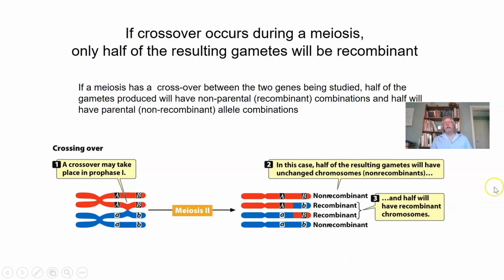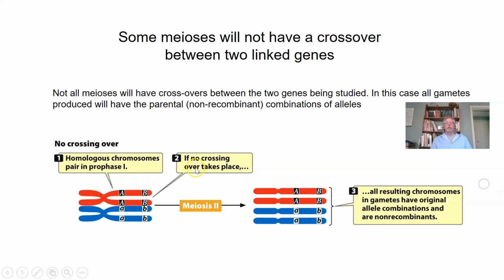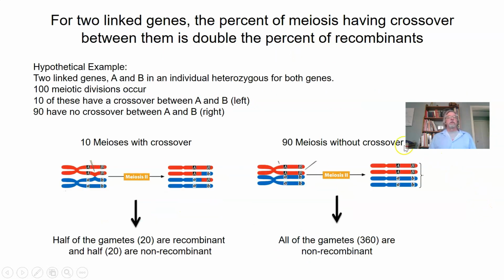So what's happening in the meiosis divisions that don't have crossover? Here's a meiosis division in which there's not crossover between A and B. If we follow these chromosomes all the way through meiosis, it will generate 4 chromosomes and 4 gametes. All of these will be non-recombinants. So, let's consider the case of a hypothetical